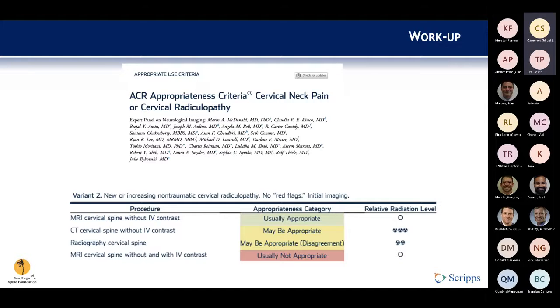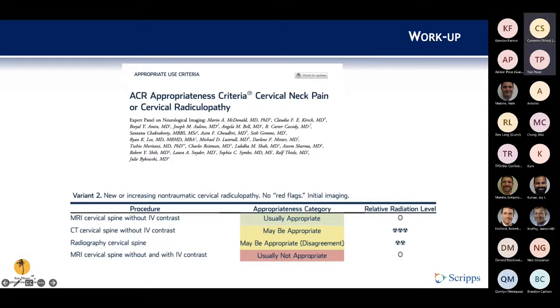So this is a study looking at cervical neck pain or cervical radiculopathy, and when you should order x-rays. There are more factors they look at within it, but specifically this table here is new or increasing non-traumatic cervical radiculopathy with no red flags at initial imaging. So if one of these patients shows up to your clinic,